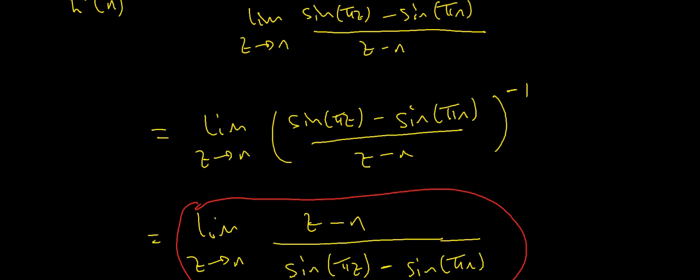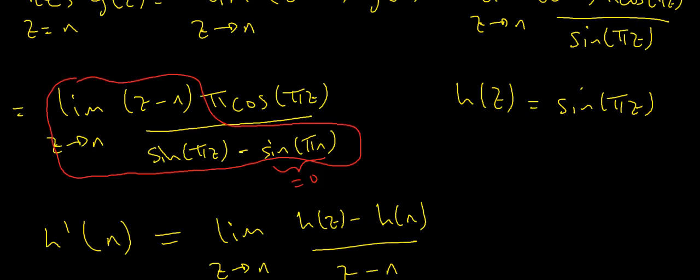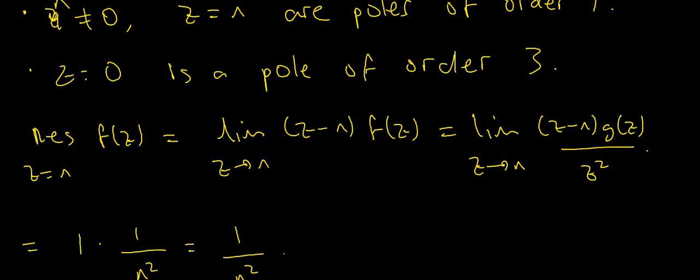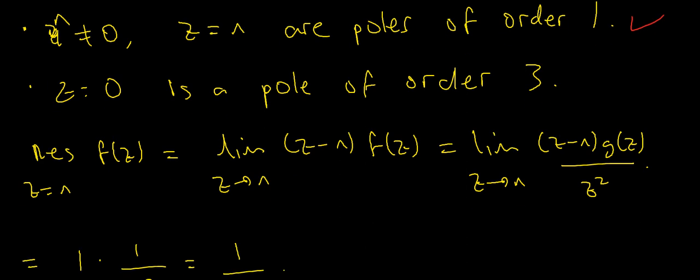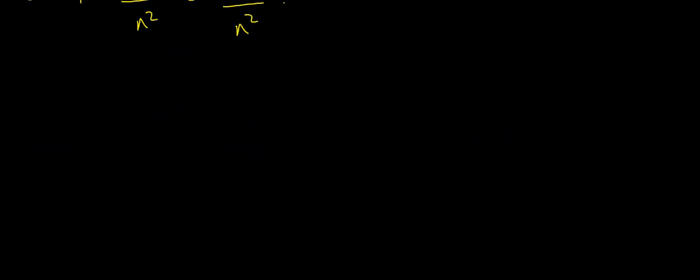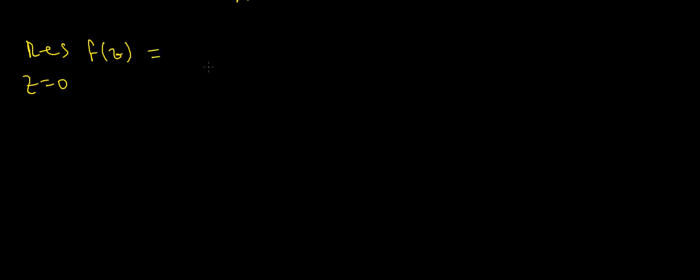Okay, so I've done the residue here. The residue just ended up being 1 over n squared. Now I need to look at the residue at z equals 0, and this is perhaps the most tedious part of this calculation. So let's just do that and get it out of the way. So the residue at z equals 0 of my function f, well, the pole at 0 has multiplicity 3. So recall